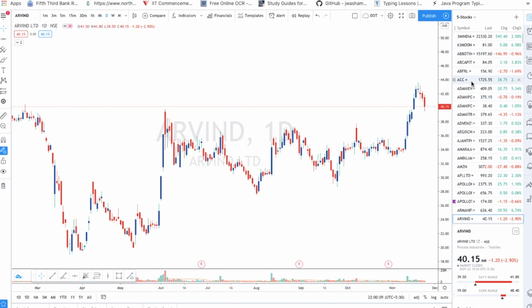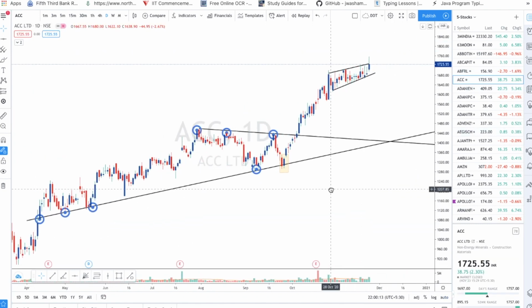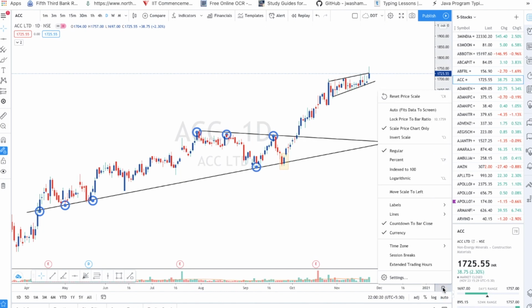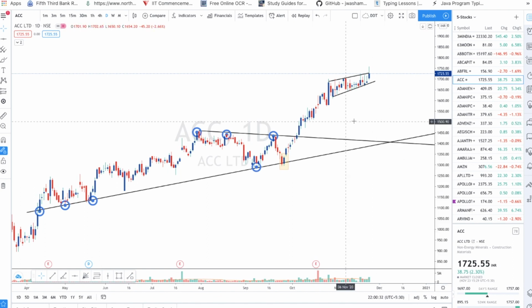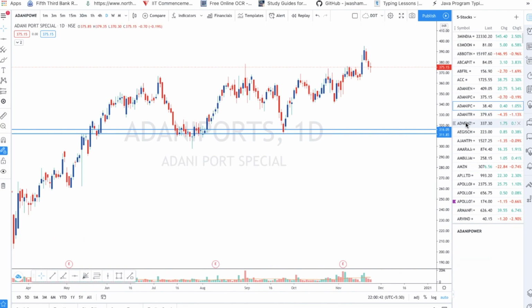And see, if you are going to another stock, sometimes what happens, especially in the initial days, if you are not setting it properly, then it will behave this way. If you don't want that, just select this scale price chart option. This is important. The others are already checked, but you need to select this one so that it comes properly. And if you want to go through stocks one by one, just press the space bar, and it will go to each stock.